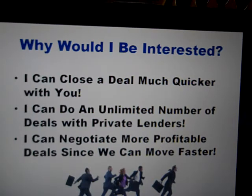Why would you be interested? I can close a deal much quicker with you. I can do unlimited number of deals with private lenders. And the reason that's great is because if I call a bank, which I can't do anyway, but if I called the bank and said, hey, I want to borrow a certain number of dollars, it'd take them weeks to even say yes or no. I can negotiate more profitable deals since we can move faster, and that's exactly why we can get